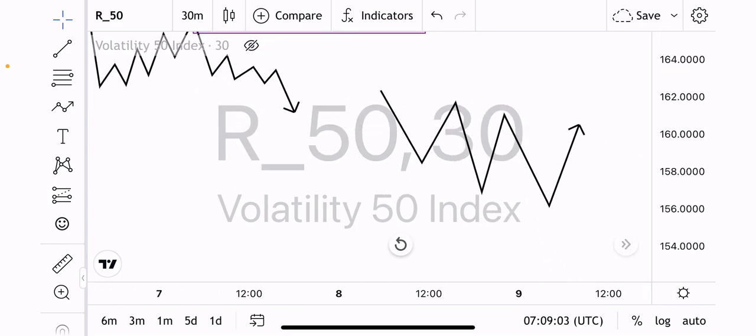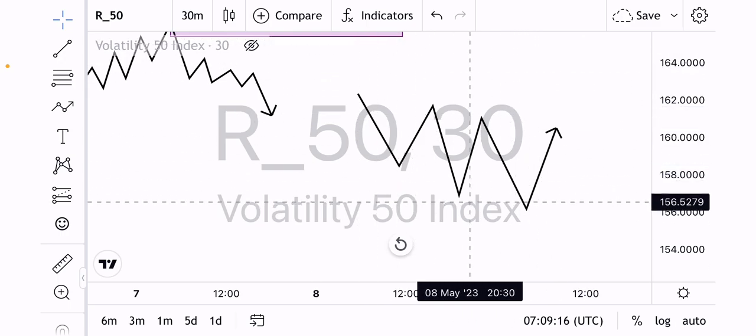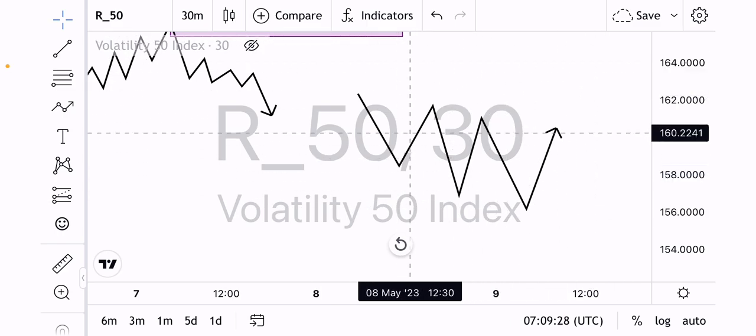The market will not do something like this always. Remember, we are always creating structures in between the markets, in between our structure range. So market is not just going to move this way. Market is not as straight as this. If market is as straight as this, a lot of people will make money. And in fact, everyone trading the financial markets will make a whole lot of money. But market does not move this straight. You are going to see a whole lot of structures in between the markets, in between the movements.